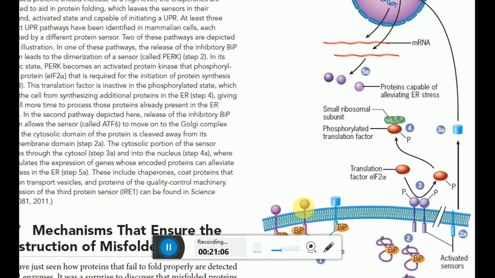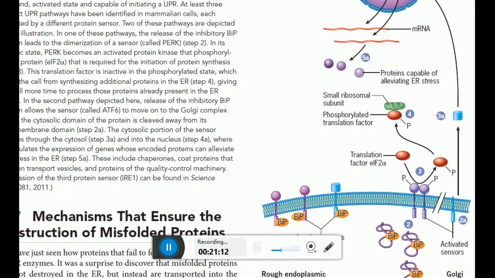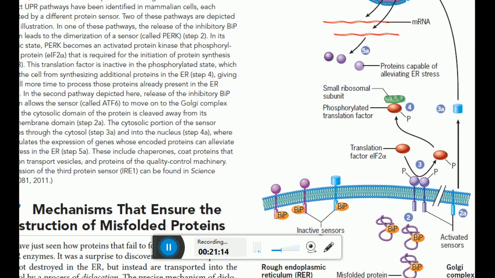So here we can see, at the very first step, let's see this properly. At the very first step, BIP binds. BIP is a kind of protein, right? So it binds to these complexes held, not in the lumen, but in the wall of the endoplasmic reticulum. These are the inactive sensors, right? Now we can say these are a type of receptors that are thought to be bound to a ligand to become active. So here we can see, as soon as BIP binds to these receptors,